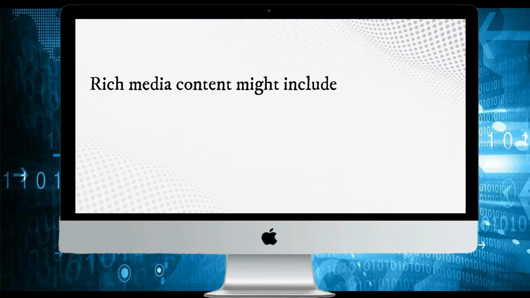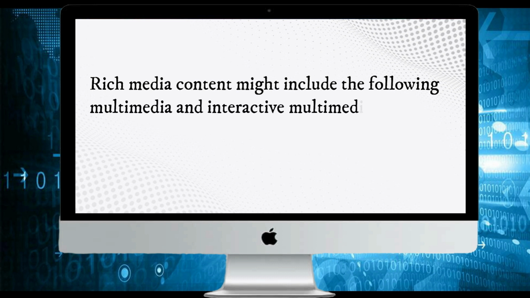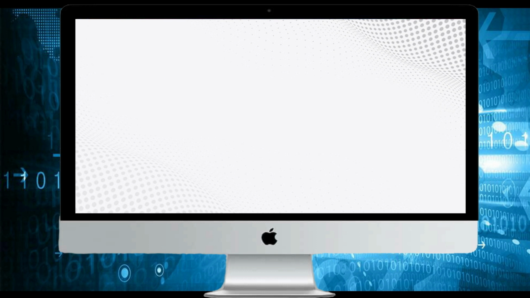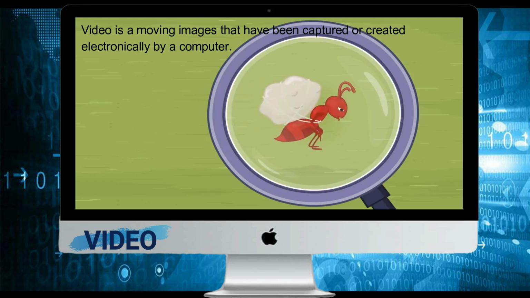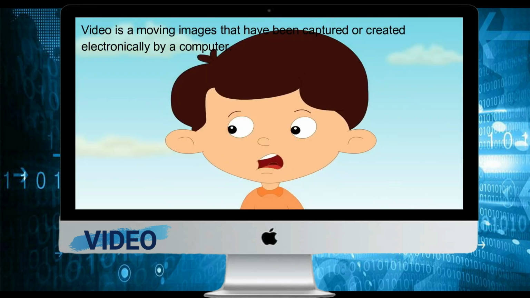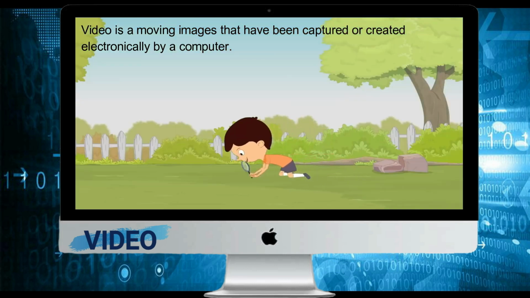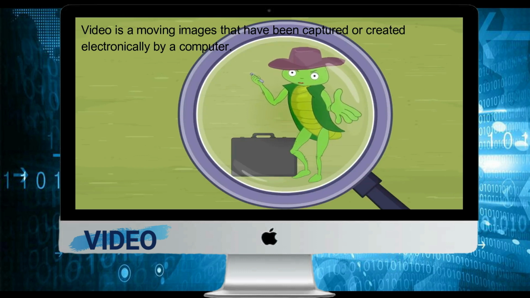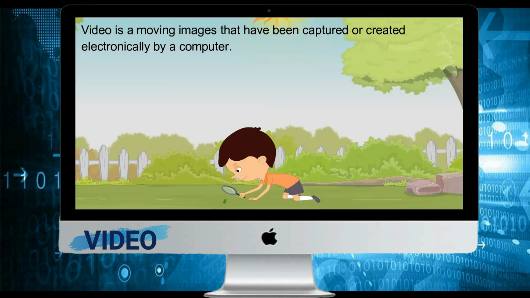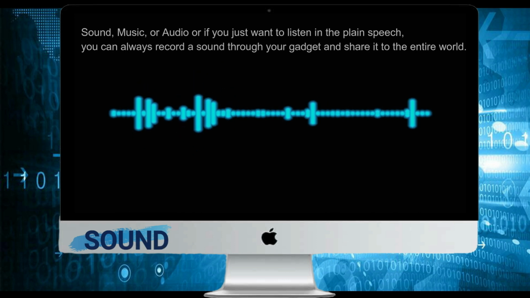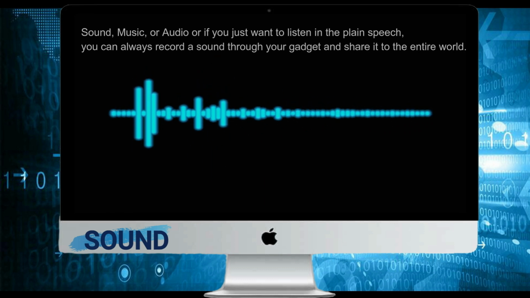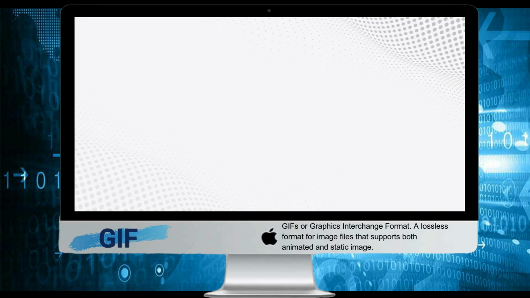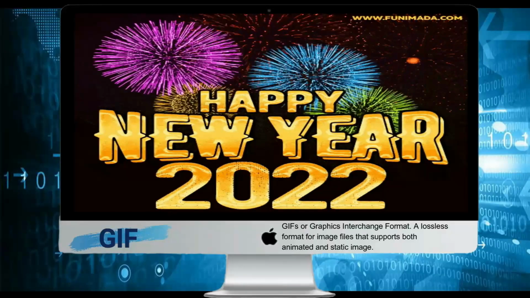A rich media content might include the following multimedia and interactive multimedia features that can be embedded in a web page. These are videos, sound, music, or audio, GIFs or graphics interchange format, podcast,